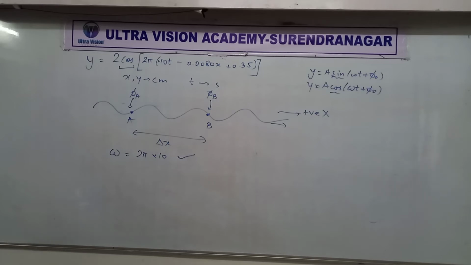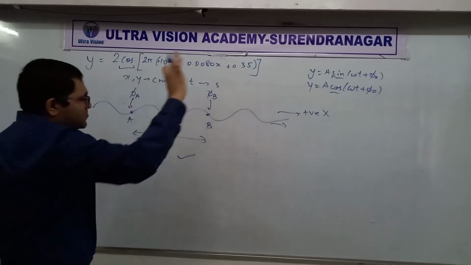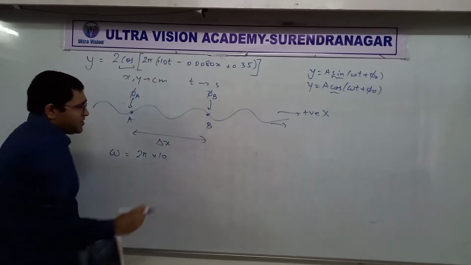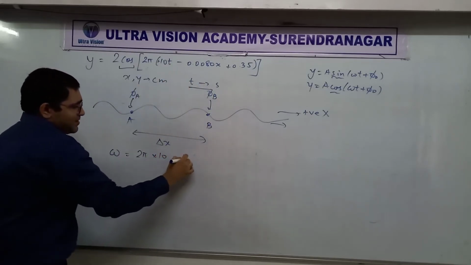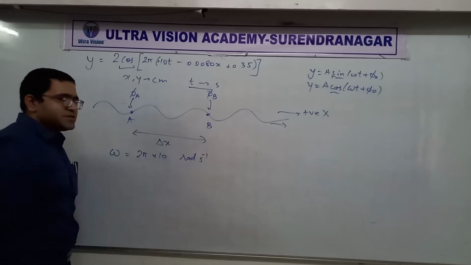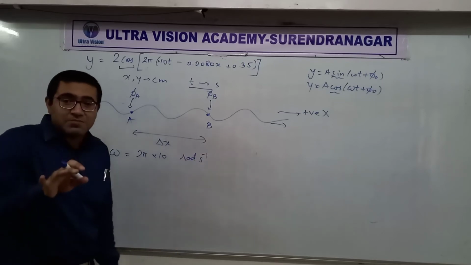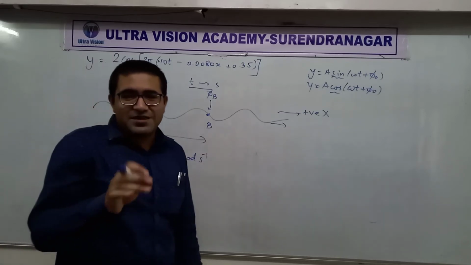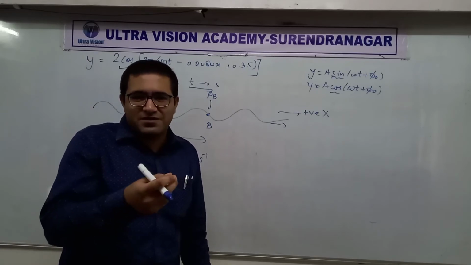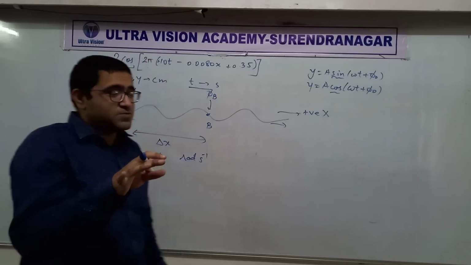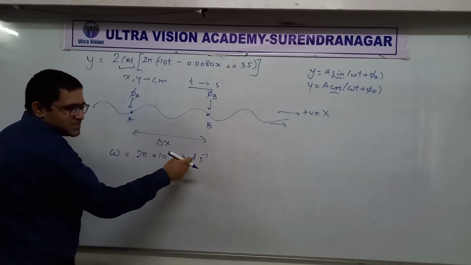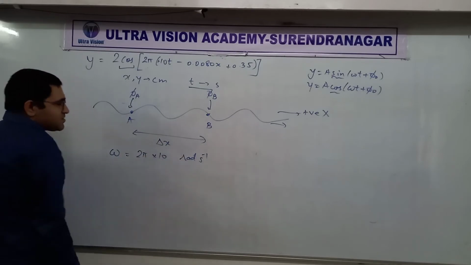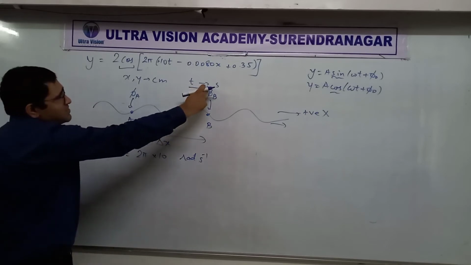Is this clear or not clear? So if this is clear, then this should also not bother you. Okay, don't worry. So let's write the unit now. Time is in seconds, so this will be radian per second. Isn't it? See, you'll have to remember the units. It's not like there's only one quantity and the unit will come that easily. You will get confused with units. Be careful. The unit of omega, angular frequency, is radian per second, because this is in seconds.